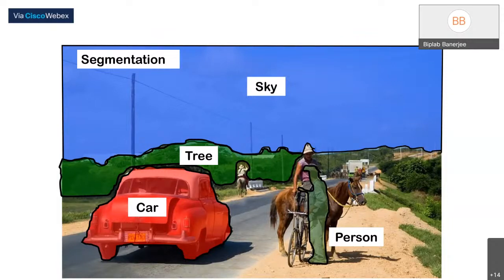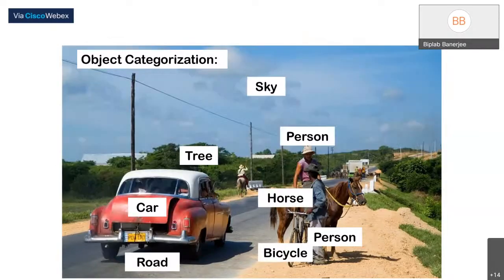Now, what is important in this problem? The first important thing is that the algorithm should be able to identify the object and then find some features from the object so that it can do proper recognition. So feature extraction is a very important thing. And the second one: here I'm giving an example from a natural outdoor scene, but the data could be medical data, or indoor data, something like that.